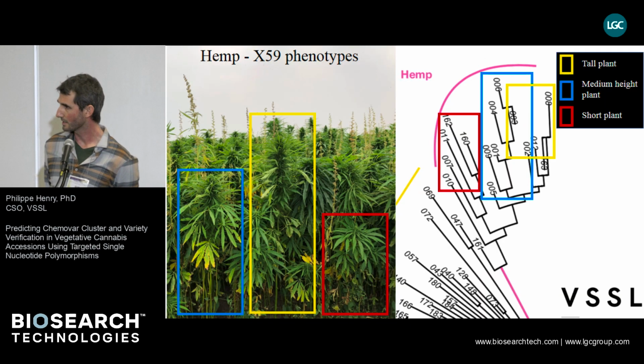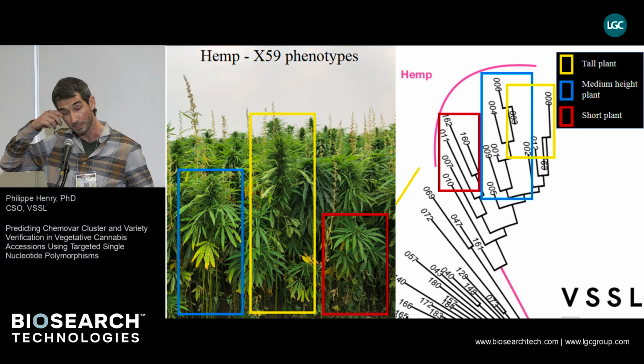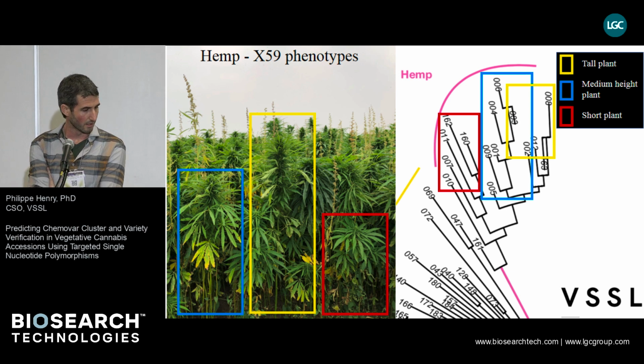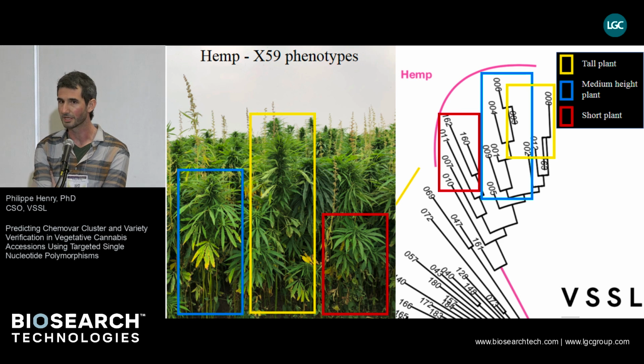And it's a certified variety, but what's interesting is that if you go into a field of X59, you'll notice several different phenotypes. In this case, not only are these plants different sizes, so we've characterized them as tall, medium, and short, but you notice a large difference in fragrance based on the different phenotypes. So the shorter plants are much more fragrant and also exhibit more medicinal or larger trichome production than what you see on the larger plants, and